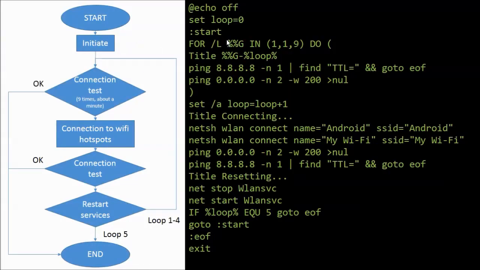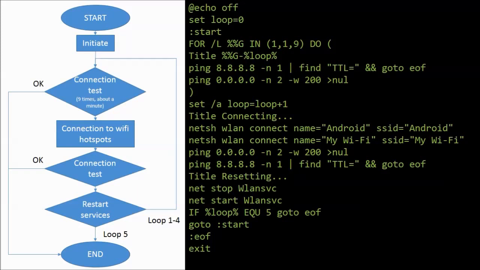What we can look at now is the script itself. What I also want to mention is that one of the arguments we set, the /min, allows the script to run in taskbar only, so it doesn't take any space on the screen. Okay, so the script code basically, the echo of what it does is it doesn't display all of this, and then the loop is set to 0, so that's the beginning variable. It will do up to 5 loops